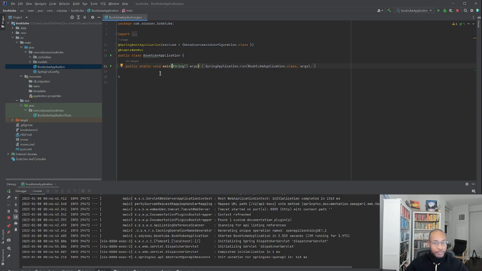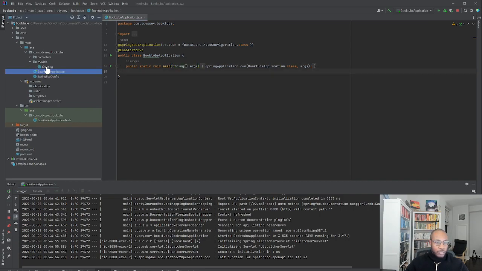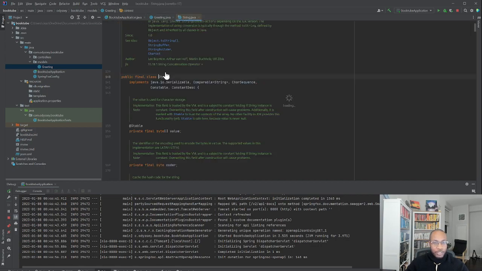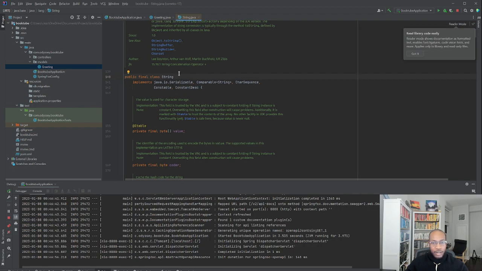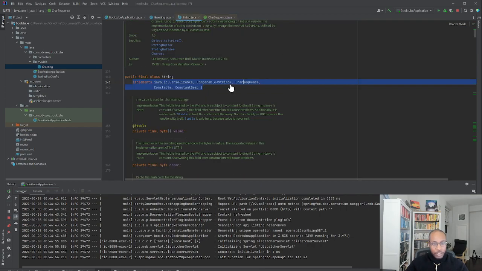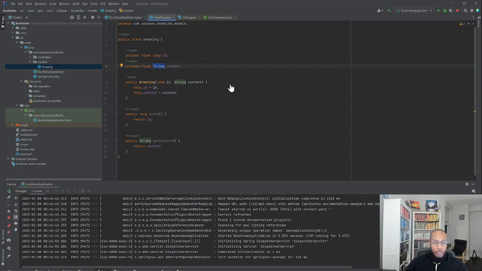As you can tell, I really enjoy reading, and I thought I could build something for that community as my way of participating. As you saw here, this is the greeting object, and we'll talk about what classes are and what longs are, and the final keyword and what a string is. If we actually deep dive, we'll see that a string actually implements a lot of other core classes, and you can go pretty deep into this. So this is our greeting,